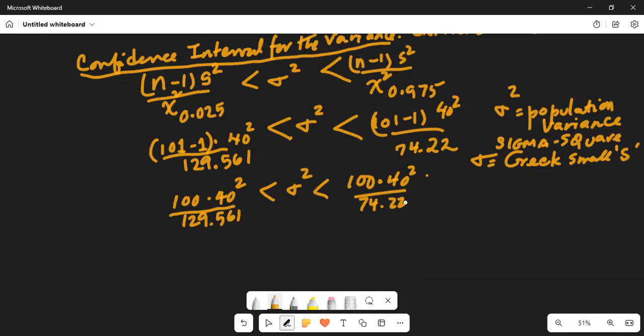I'll first multiply 100, then multiply it by 40, square it by pressing the x square button, divided by 129.561. And that will be 1234.94 less than sigma square less than, again, 100 times 40 square divided by 74.22, and that will be